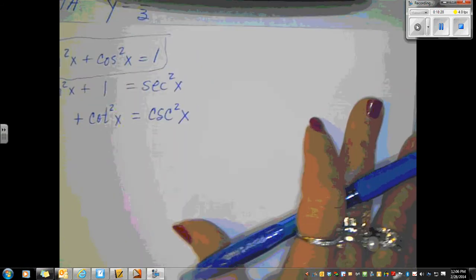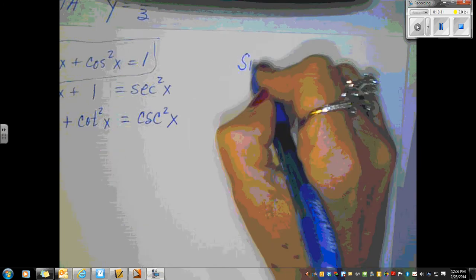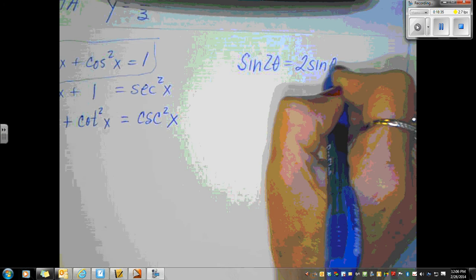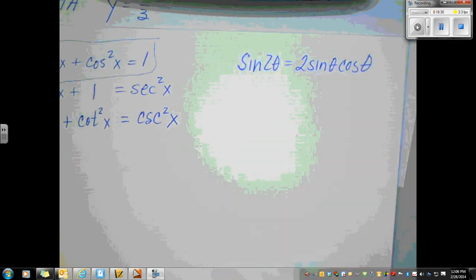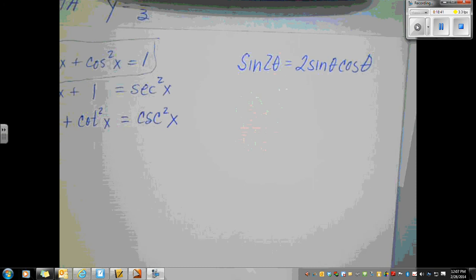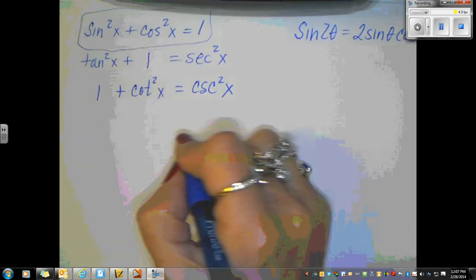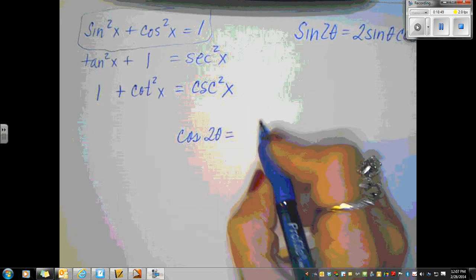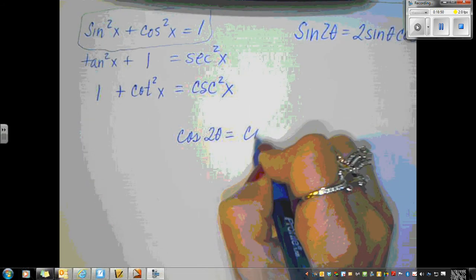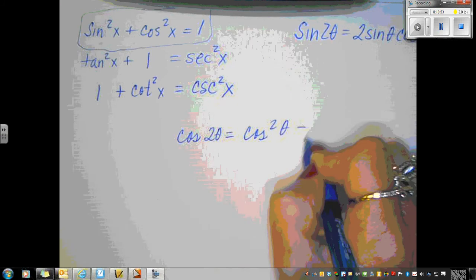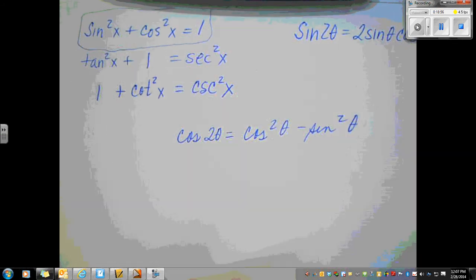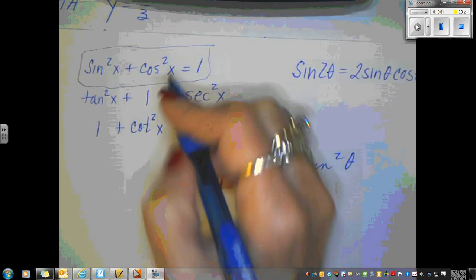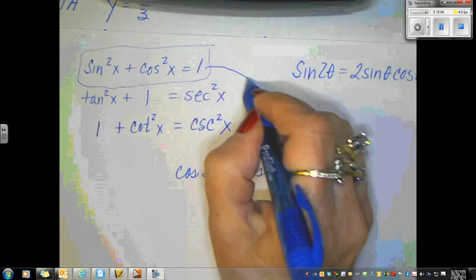Okay, the other biggie is sine 2 theta equals 2 sine theta cosine theta. Now, this is the other one. Cosine 2 theta equals cosine squared theta minus sine squared theta. Now, there are 2 other identities, but if you know this one, you can get the other 2, because I